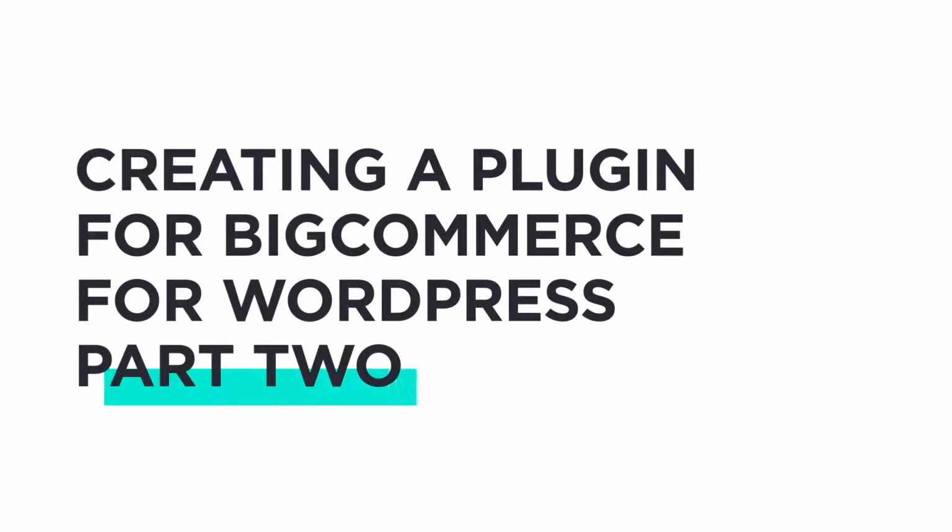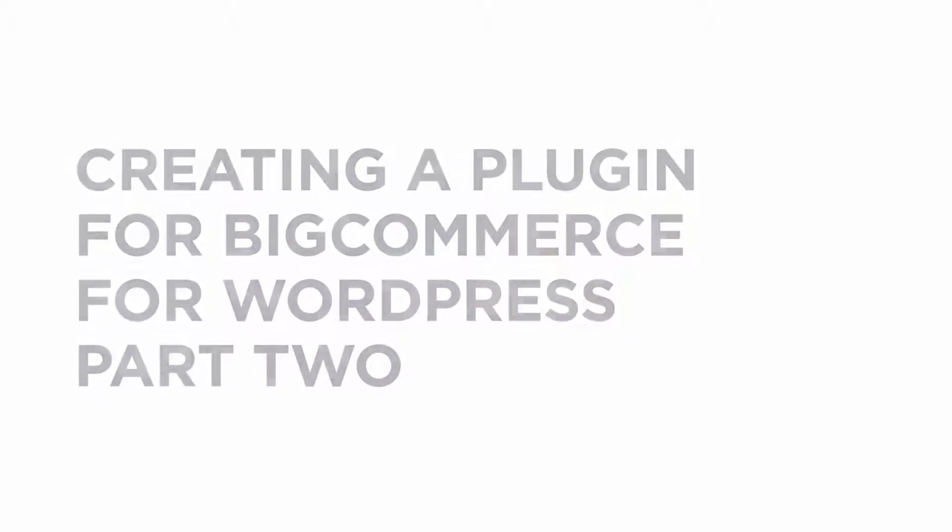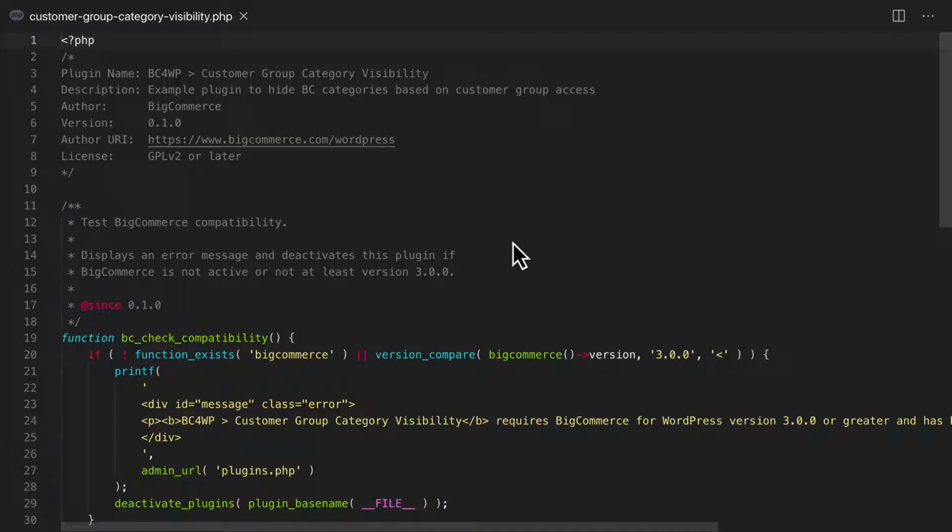In a previous video, we looked at how BigCommerce for WordPress can be extended through custom plugins. In this video, we're going to create one of those plugins. Once we're finished, our sample plugin will hide product categories from the site navigation based on the current customer's group